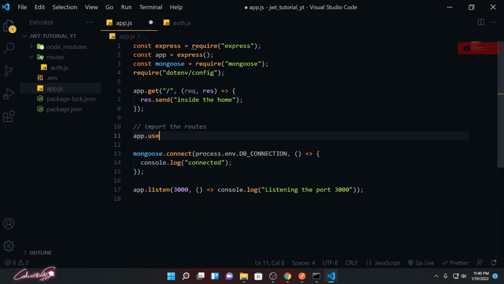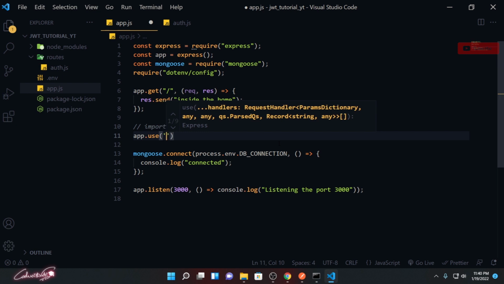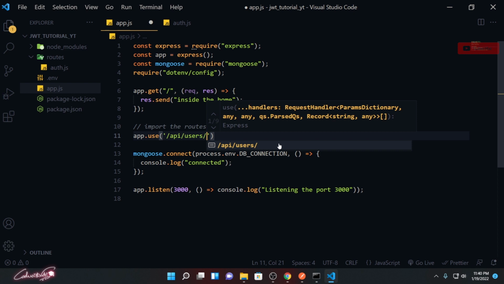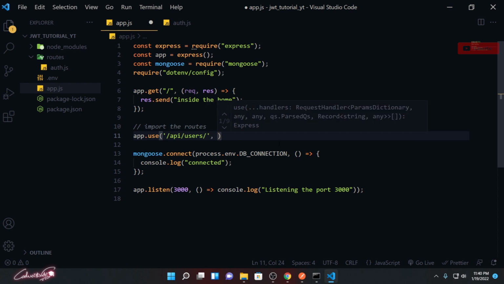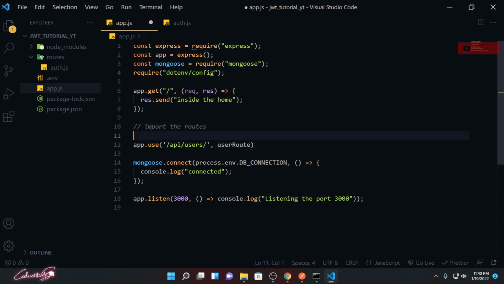Use is the method, it's a middleware. Whenever we get /api/users in the URL, we need to reroute that to the user route. This user route we have not yet created, so I need to create it first.